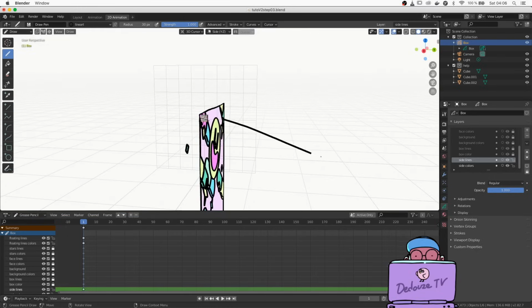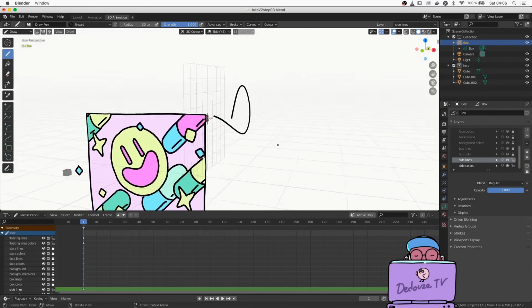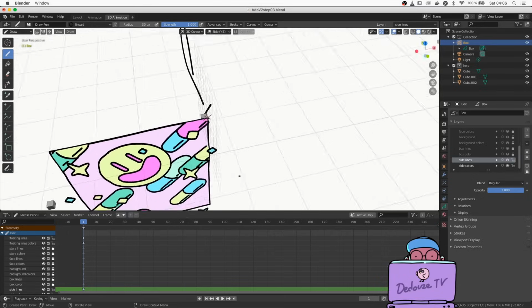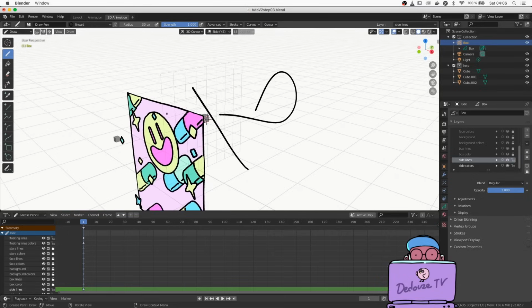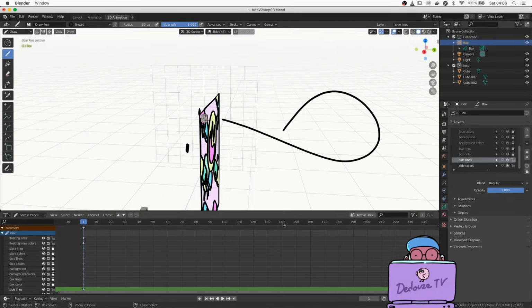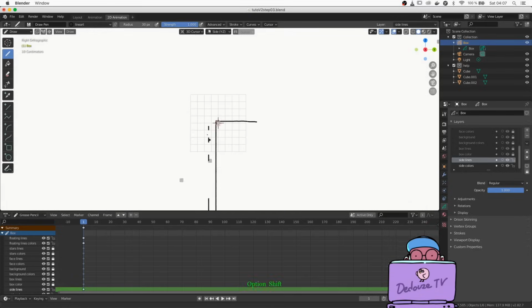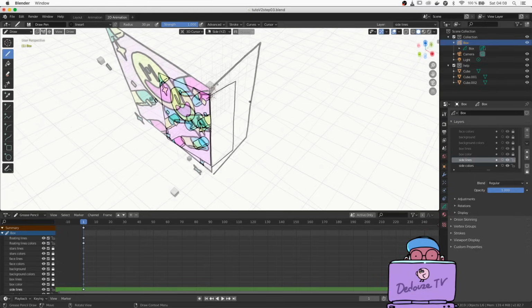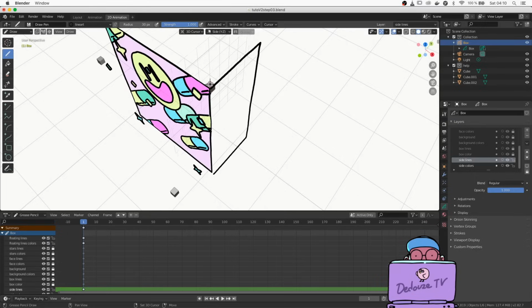We can even draw from this angle. And remember, the size of the canvas is infinite, so you can go beyond the grid. And to draw with more accuracy, I still prefer to switch to the side, so I press numpad 3 and trace my lines. Now check the perspective. And if it's okay, place the 3D cursor on the top by pressing Shift right click on the top face of the cube. You can actually use the line art layer of the side to draw also on the top.